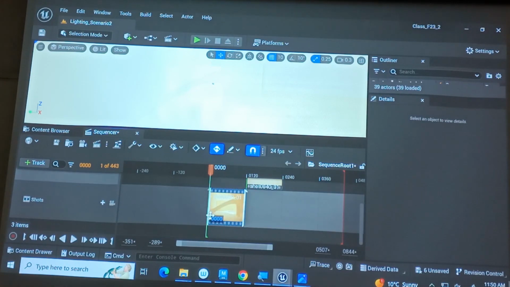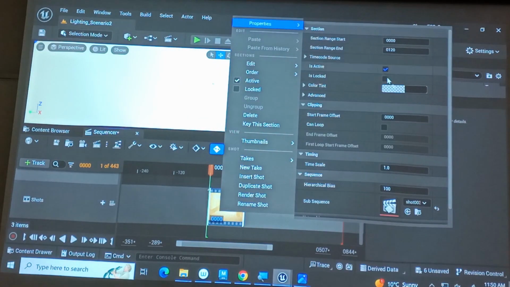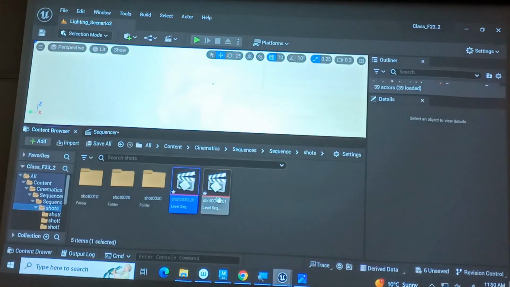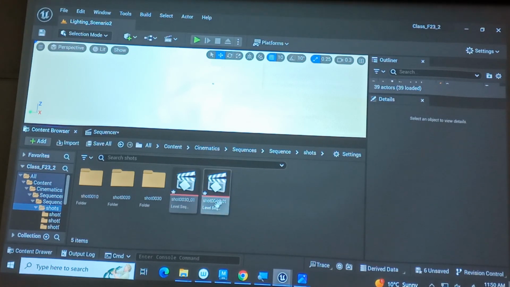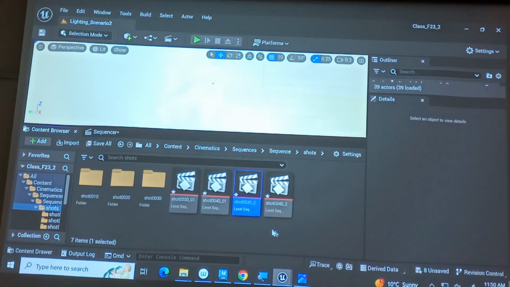So for me to have duplicates of these shots, I need to actually duplicate shot 30 and shot 40. If I wanted to have two sets of shots, we already have those cameras keyed inside of them with aperture, all that good stuff. I can just duplicate them,